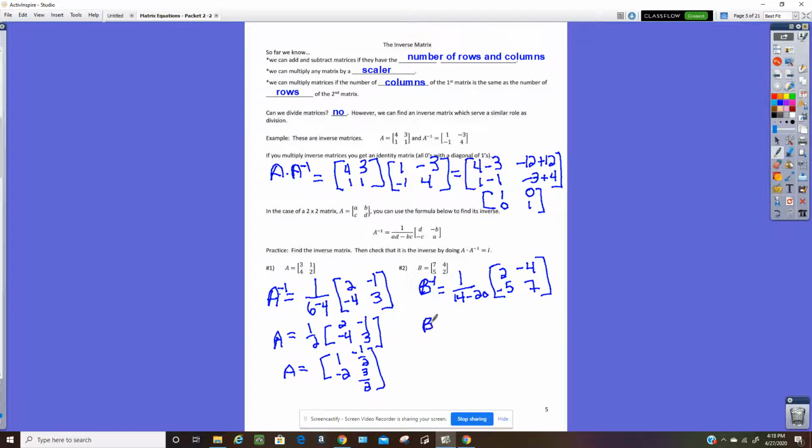So B inverse is equal to -1/6 times 2, -4, -5, 7, and then B inverse is